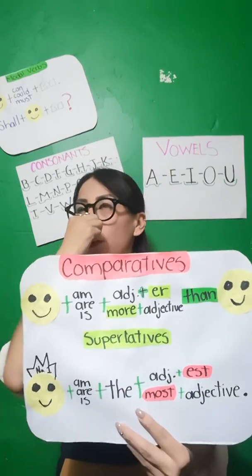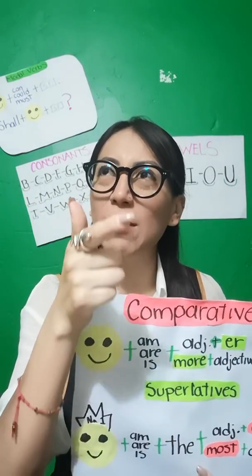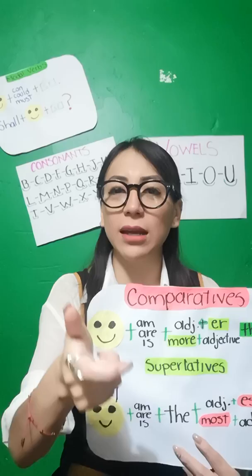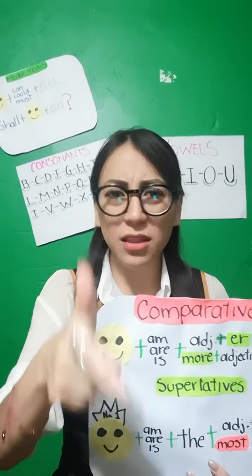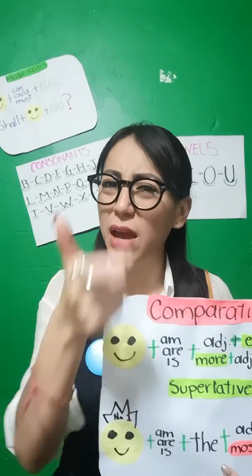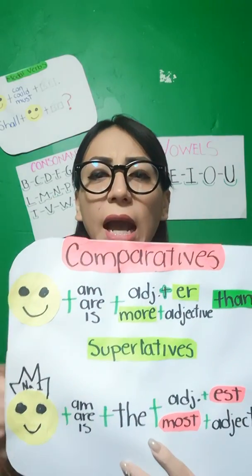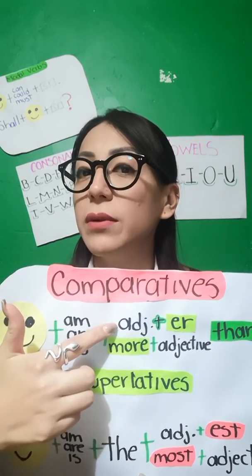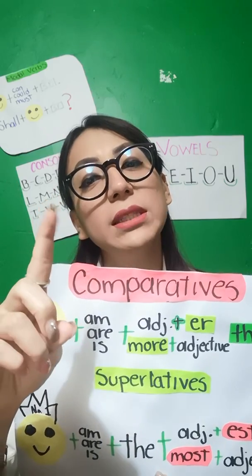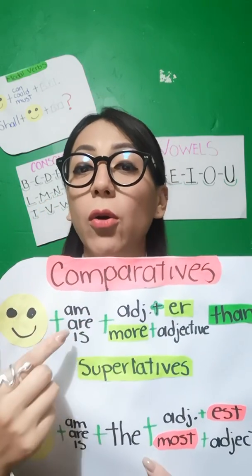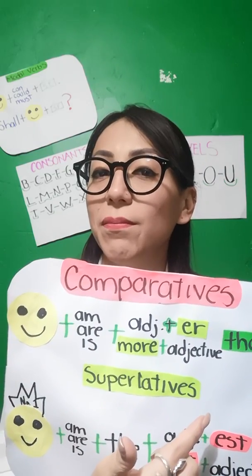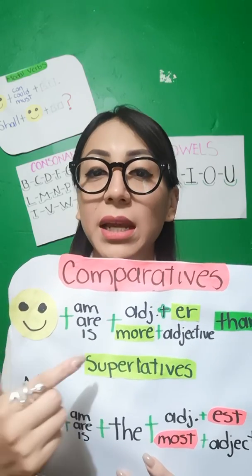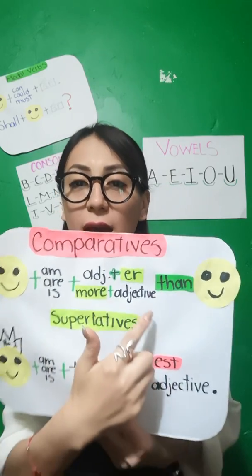Now let's do another comparison using the adjective expensive. What is expensive? That costs a lot of money, guys. For example, the Ferrari. The Ferrari is very, very expensive. So I am going to say, the Ferrari is expensive. One syllable or more than one syllable? Expensiver or more expensive? Exactly, more expensive. So, the Ferrari is more expensive than,